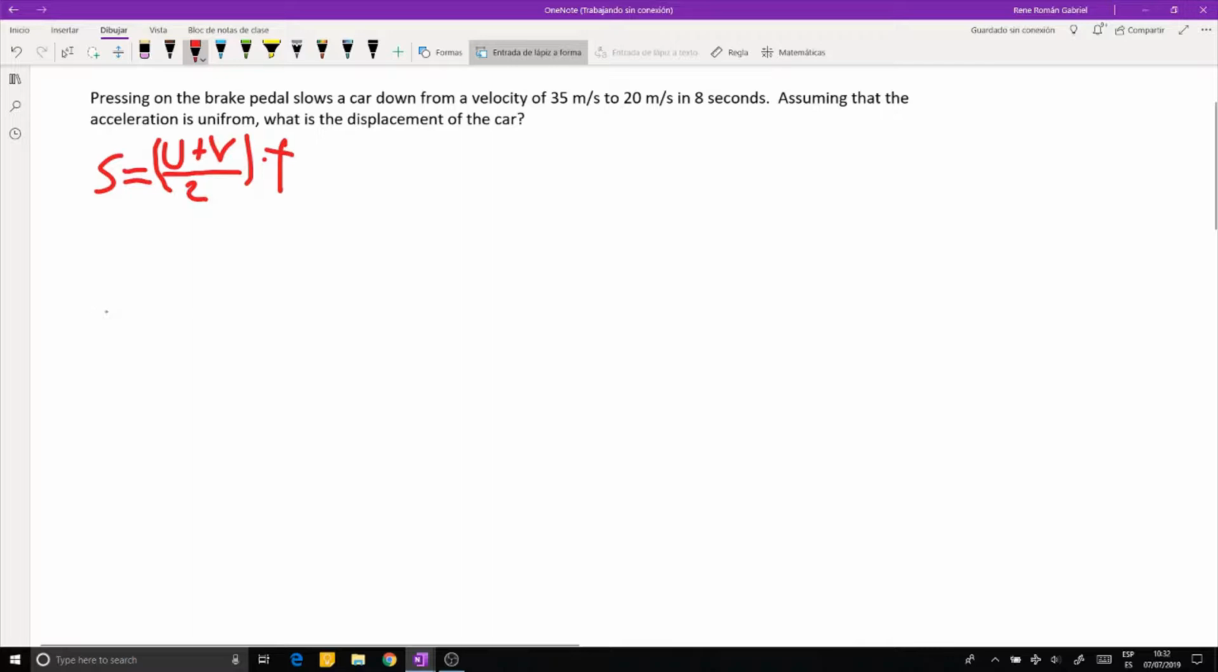Let's see. U plus V would be 35 plus 20, which is just equal to 55. Then they tell us that we have to divide this by 2. So 55 divided by 2 would equal